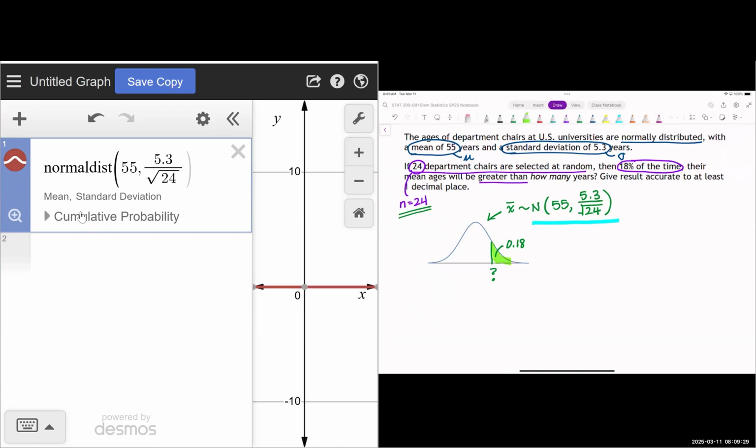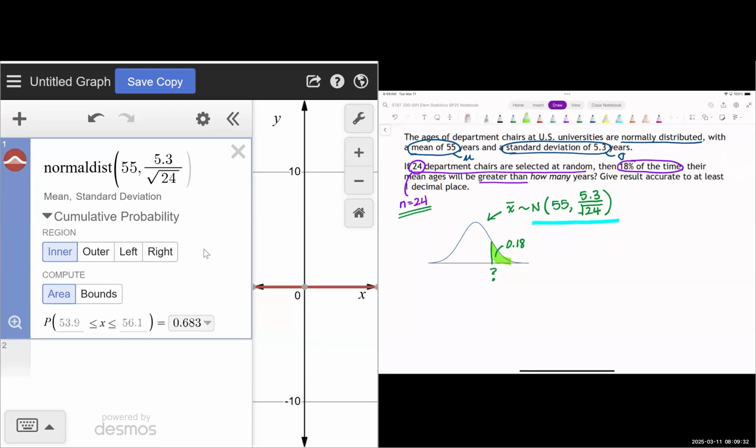So by sketching my region over here, it helps me visualize what I need to select in the cumulative probability calculator. I want a right-sided area, and I'm not computing the area. I know the area that I want. I need to compute the bound. It's the bound of that area that I don't know. So I'm going to select right and compute bounds, and then I'm going to put in the area that I want to the right of the boundary that I'm looking for,